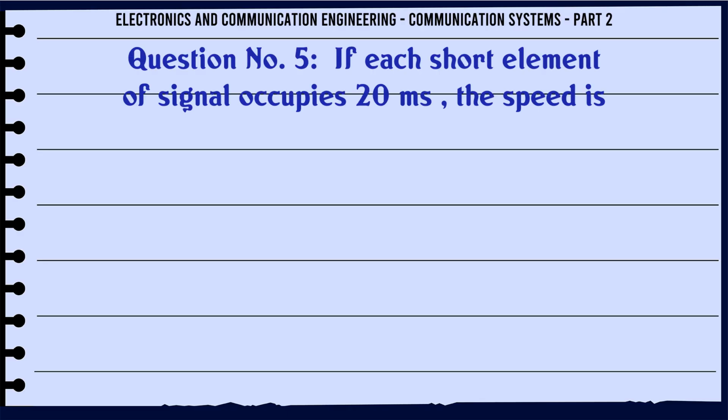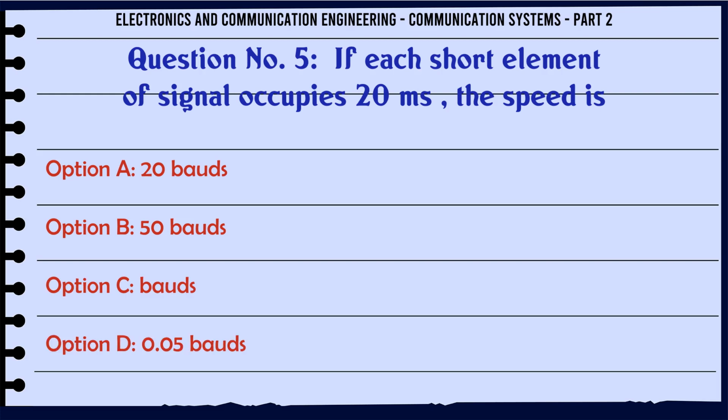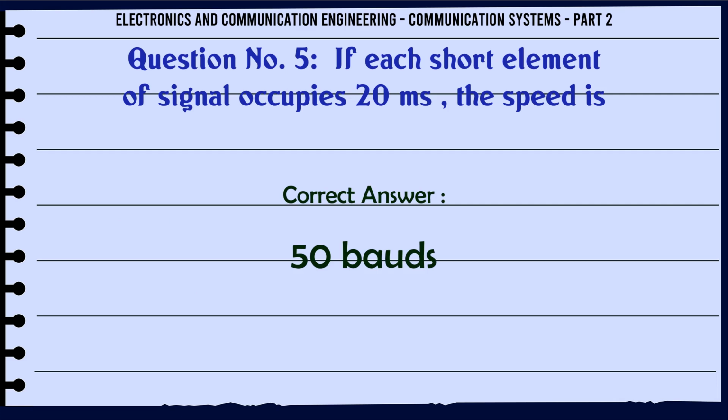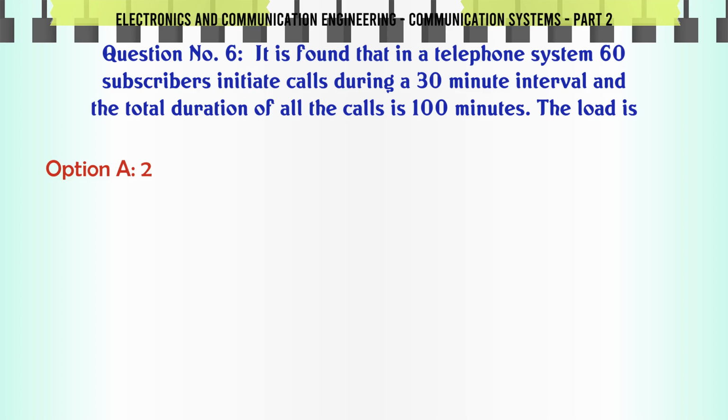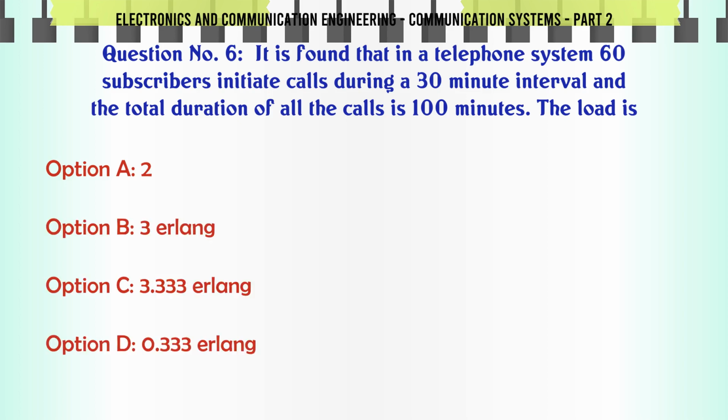If each short element of signal occupies 20 ms, the speed is: A. 20 baud, B. 50 baud, C. 500 baud, D. 0.05 baud. The correct answer is 50 baud. It is found that in a telephone system 60 subscribers initiate calls during a 30-minute interval and the total duration of all the calls is 100 minutes. The load is: A. 2, B. 3 erlang, C. 3.333 erlang, D. 0.333 erlang. The correct answer is